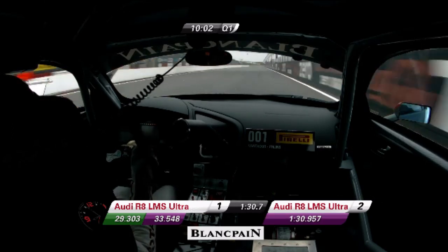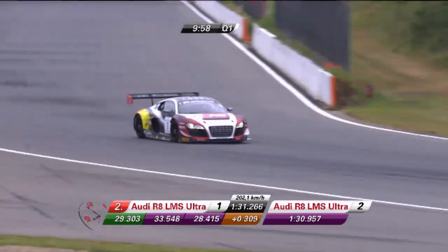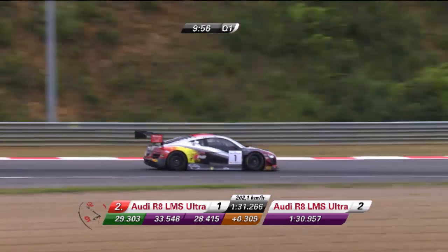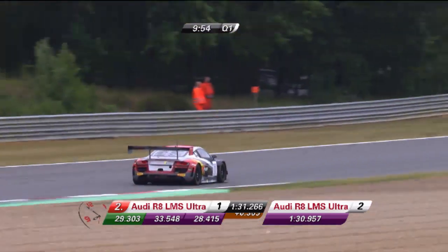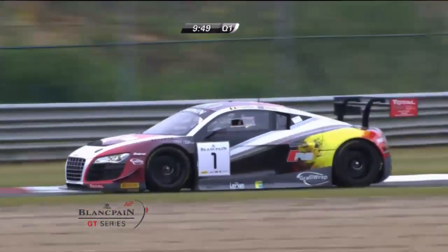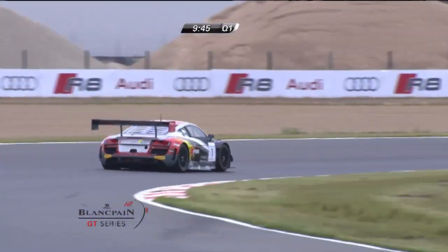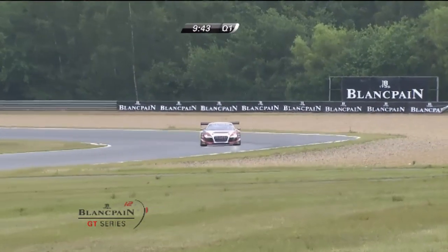Okay, let's see if Robin Frijns can go top. No, he can't. He's a quarter of a second down in second place there. 1:31.266. So 2 of the Audis, of the WRT Audis, 2 of their 4 have showed their times. Now this car, you may remember, was blue and black when we last saw it at Brands Hatch. Now it's gone back to a more, I would say, a kind of more familiar blend of red, white, black